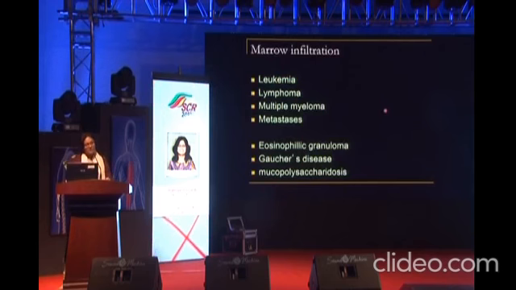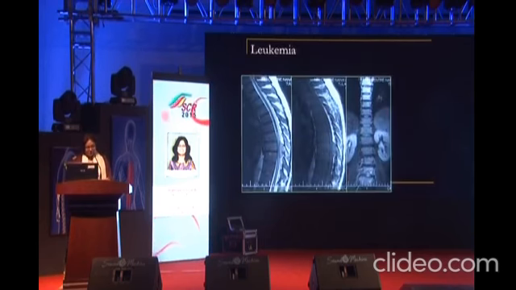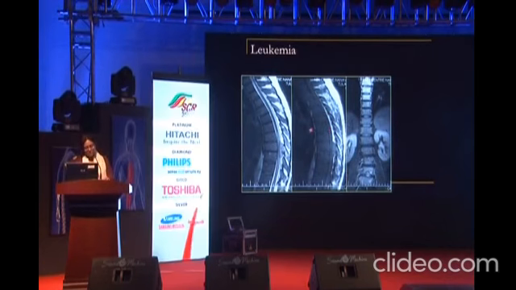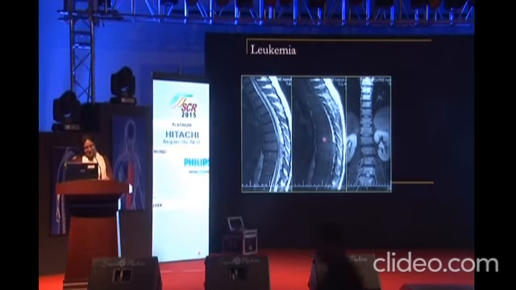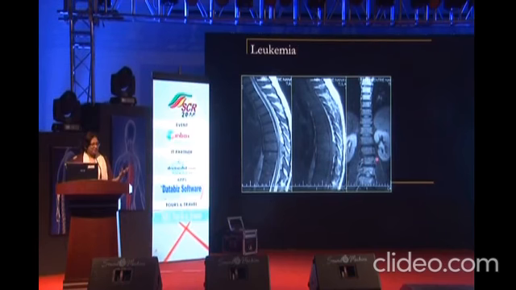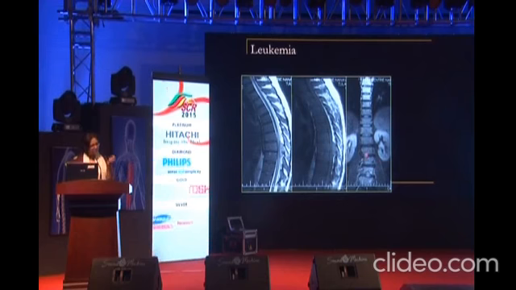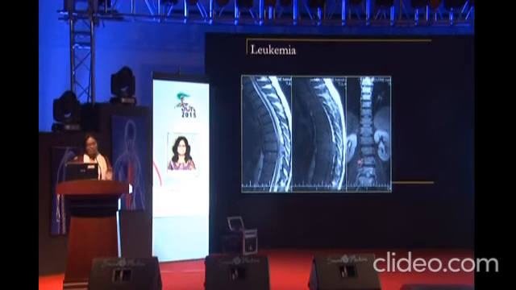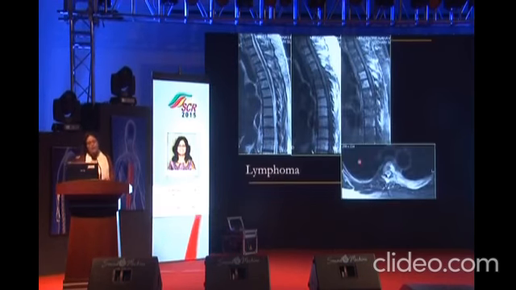Coming to marrow infiltration, the one we don't want to miss. Here, this was a young guy who we knew the history of before. He was a known case of leukemia. And what you can see is the vertebral bodies are slightly darker than the disc on T1 weighted image. So this is abnormal. The pathology is very diffuse, and when I see on STIR, it's very bright. Red marrow would not look this bright on a STIR sequence. It will just be a little brighter than muscle. Here it is much brighter. This was diffuse leukemic infiltration.